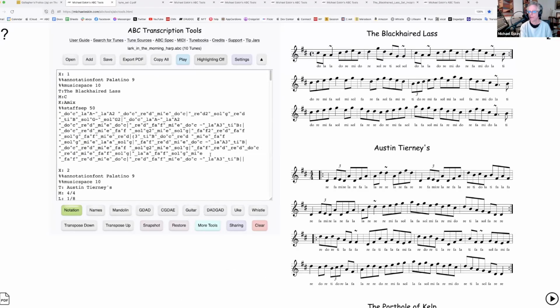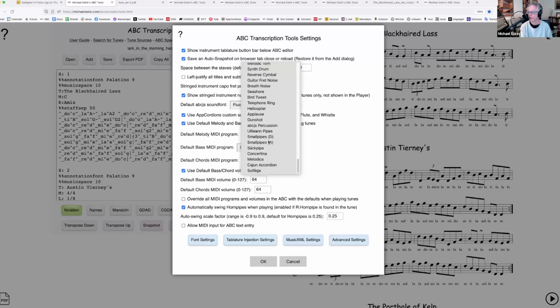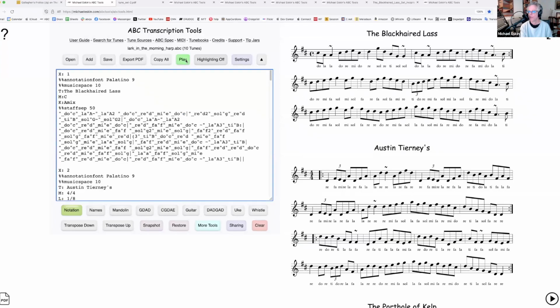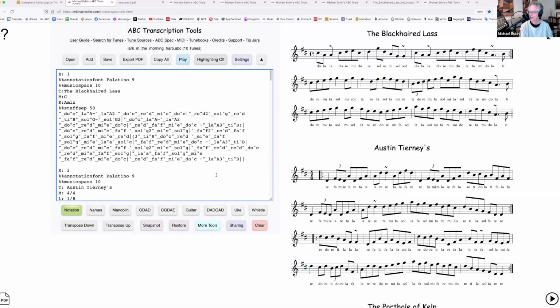And if we change the instrument that's used for the playback, I'm going to do this just by changing my default instrument to what I call the solfège. So this is in the list of available instruments. I'm going to change it to the solfège instrument. This was an instrument I put together recently. And then when we play this tune, it will sing those notes. Okay, so that's insane, but